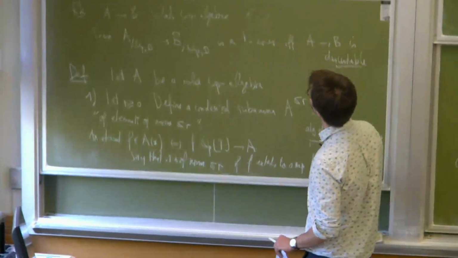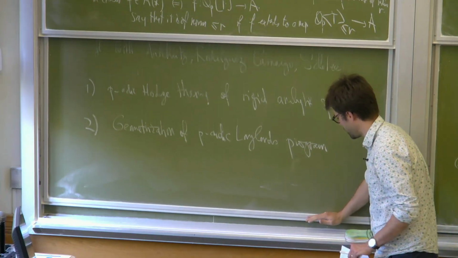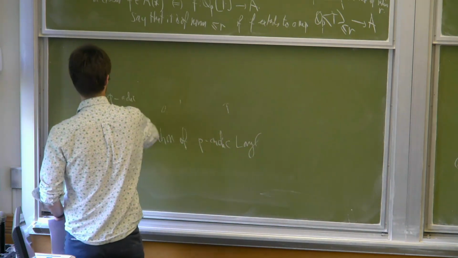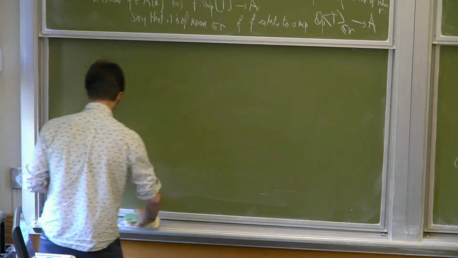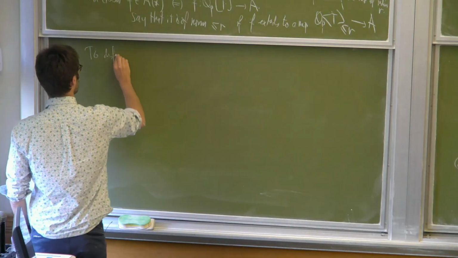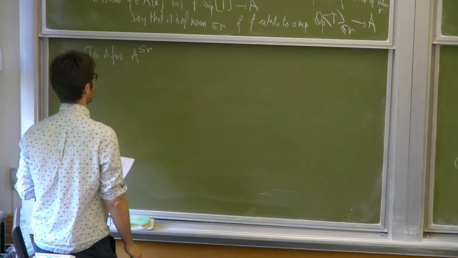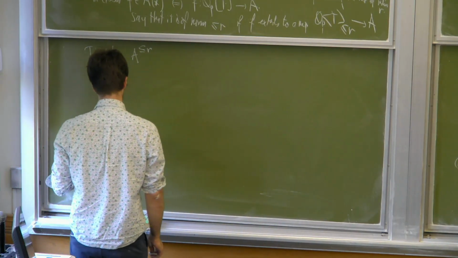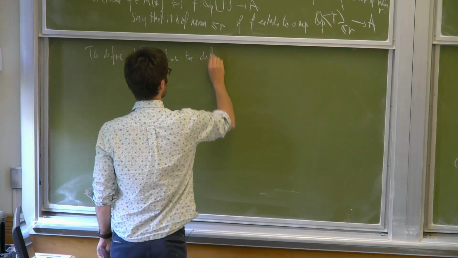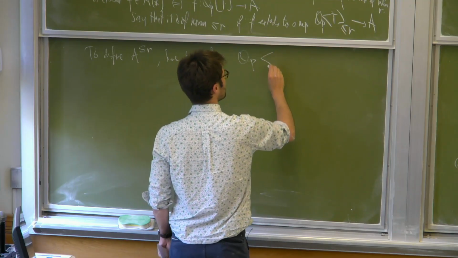And in general, you do something analogous. You are not just trying to define some anima, but some condensed anima, so you have to do it for arbitrary light profinite sets. That would just define the underlying set or anima. To really define this in general, you have to define something which is denoted QP